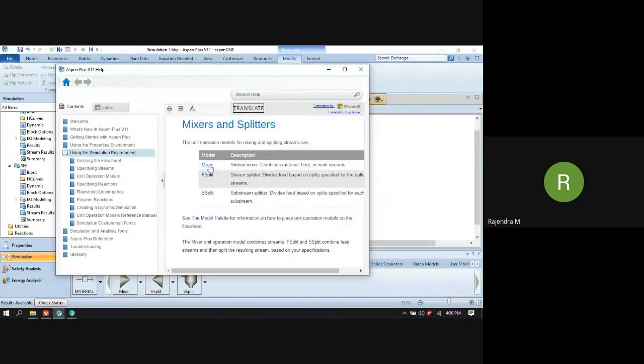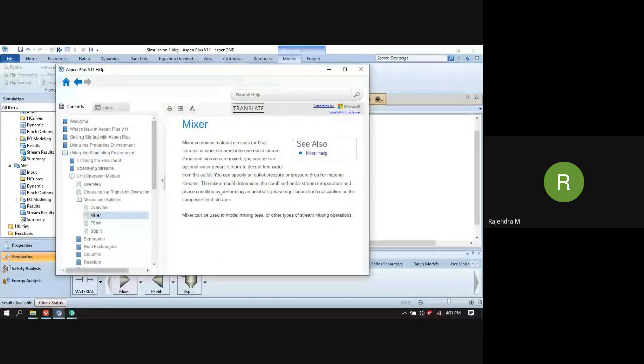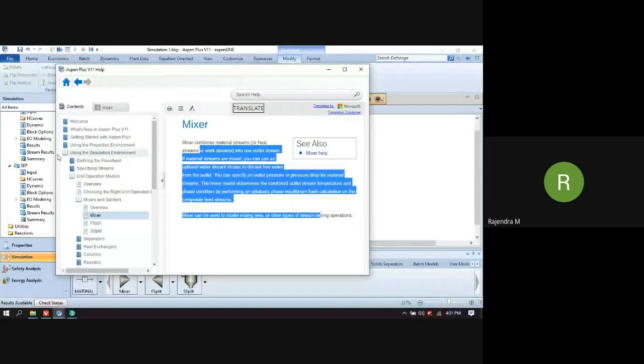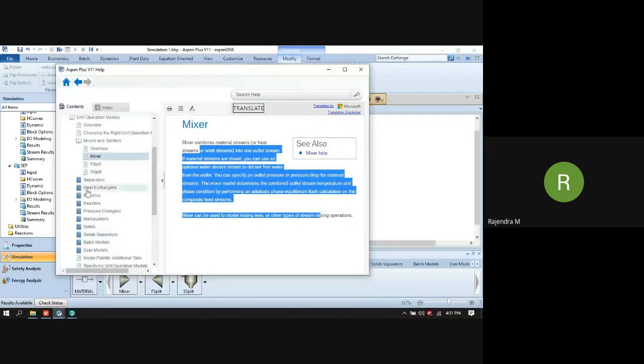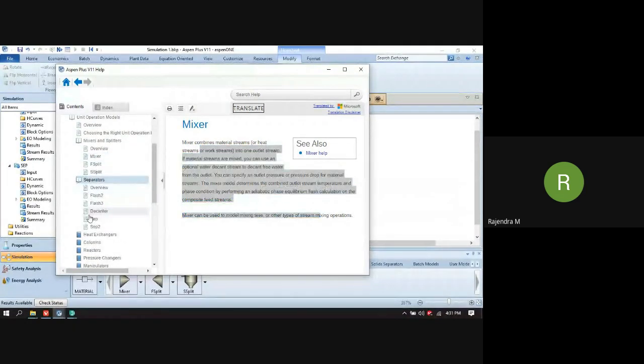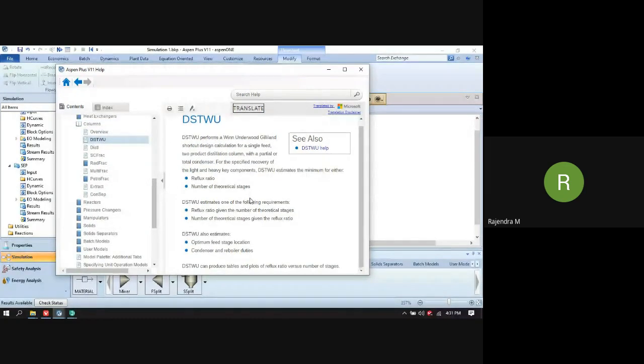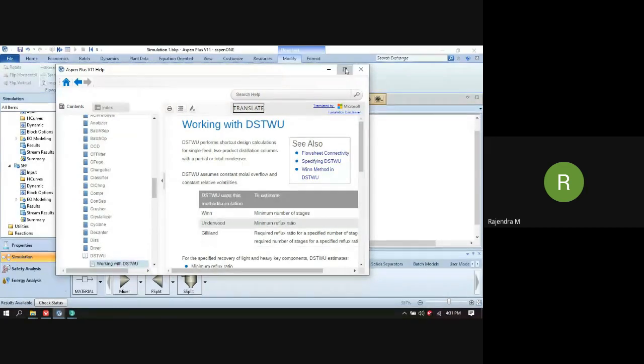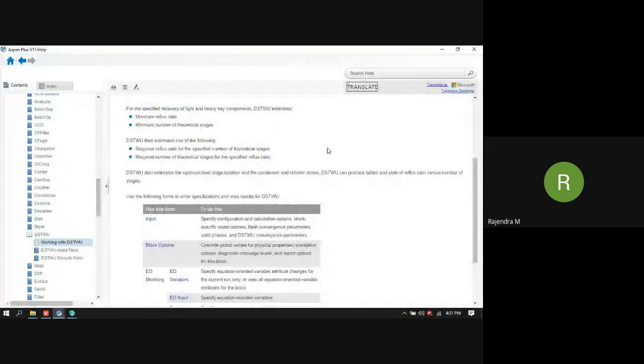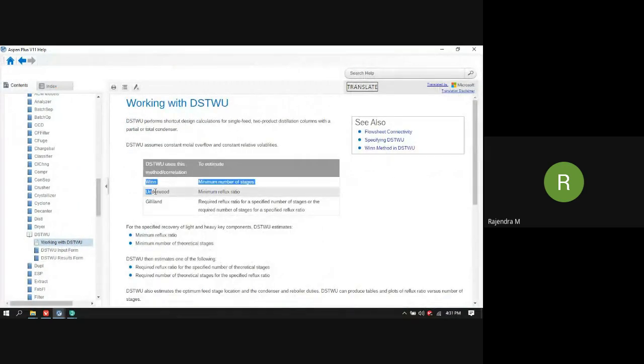Okay, so if I would like to see what the mixer does, then I can click and look at the calculations. Right. Similarly, if I look at the columns, in that I would look at the DSTWU. We can look at the details of the DSTWU over here. It does calculation based on the Winn-Underwood-Gilliland equations.